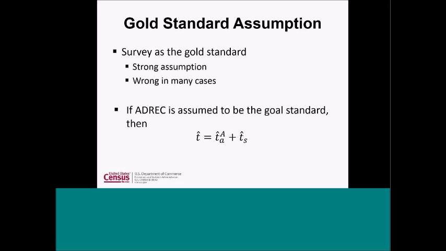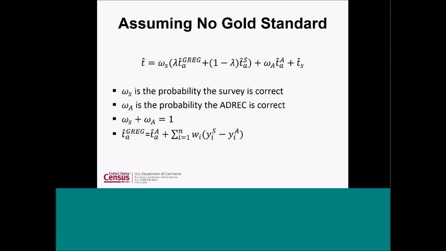Okay. So there's a really nice paper by Martha Stinson and John Abowd, where they take this kind of same approach when they're looking at modeling in survey income and program participation, W-2 income and income reported, and not actually taking either as the gold standard and looking at different levels of how sure you are that one or the other is a gold standard, that I've now adapted here. This adds another parameter in here, which are these omegas. So basically, omega S